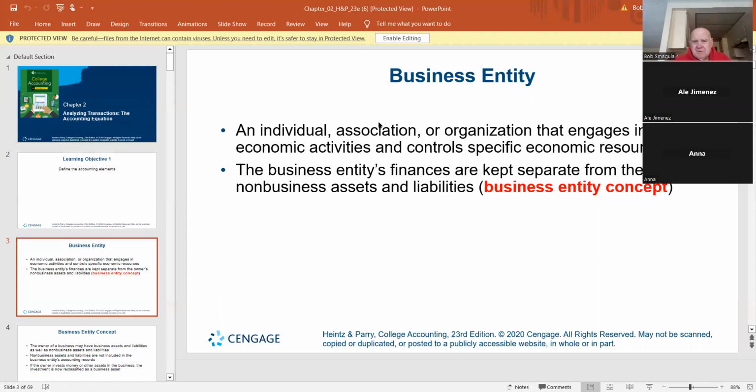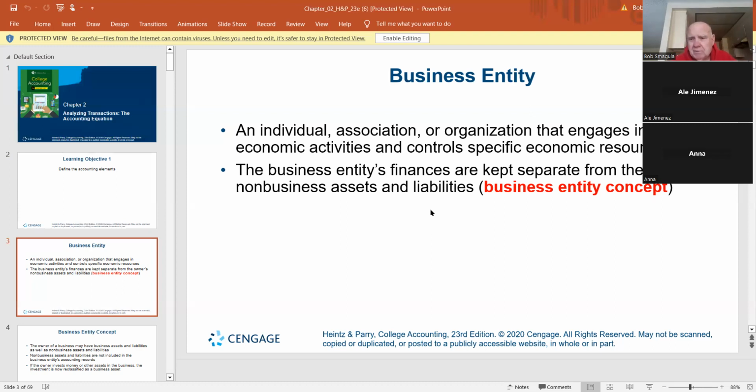And it's important to keep the entity's finances separate from the owner. With a small company, you might be sitting at your desk and the boss comes out and you're the accounting person and the boss says, give me a check right now for $1,000. Well, the boss is certainly entitled to do that. It's her company or his company. You're the accounting guy. You've got to know how to code it. And you say, no problem, boss. What's it for, please? And he says, I'm taking my wife to Las Vegas over the weekend.